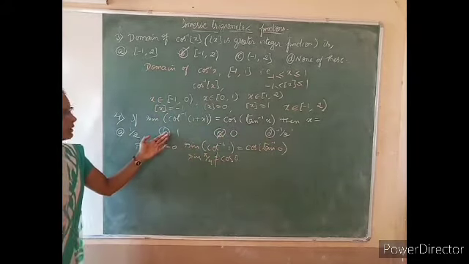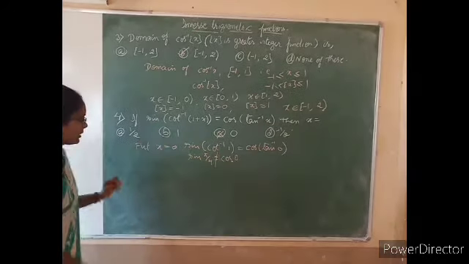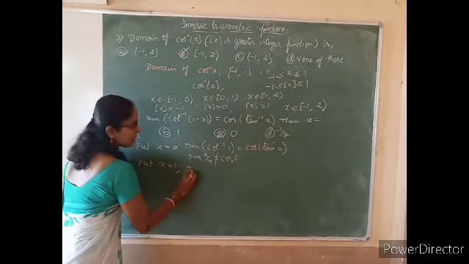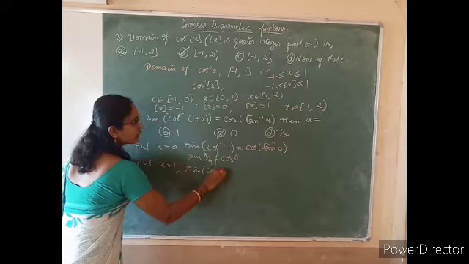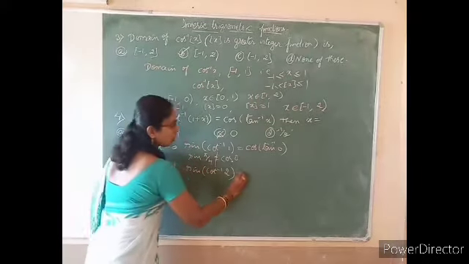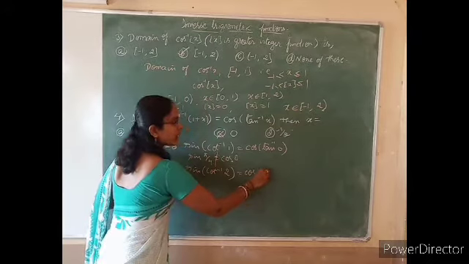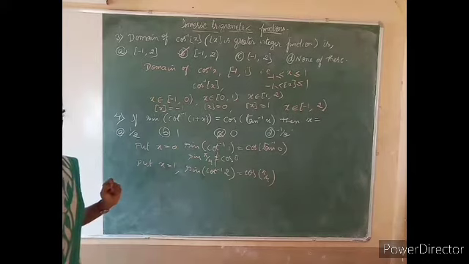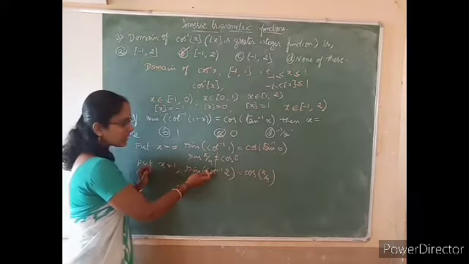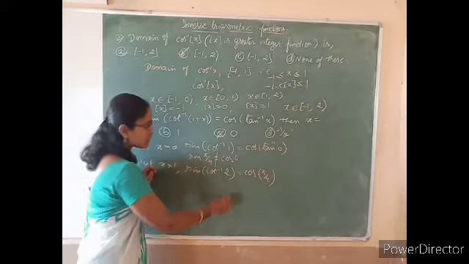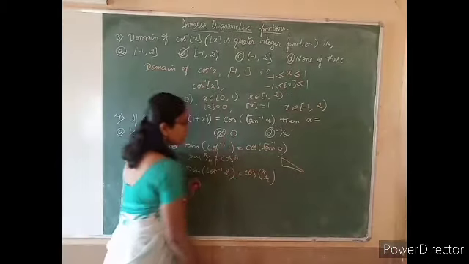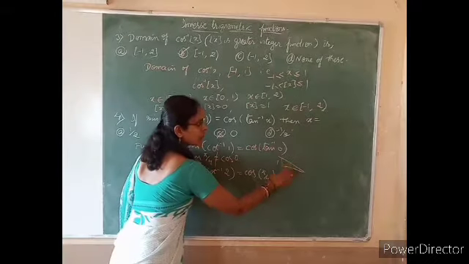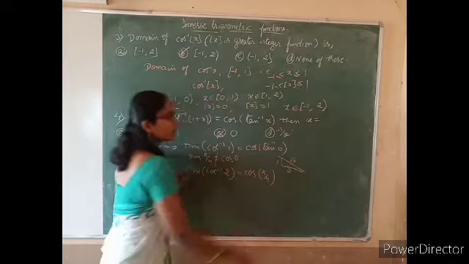Next I will move to another easy number here, B, 1. So put x equal to 1 in the above equation: sine of cot inverse of 2, equal to cos of tan inverse of 1. Tan inverse of 1 is pi by 4. Sine of cot inverse of 2: you know the definition, using that I will convert cot inverse to sine inverse using the right angle triangle. Cot inverse is adjacent by opposite, so this is 2 divided by 1. Therefore the hypotenuse should be square root of 3 here.